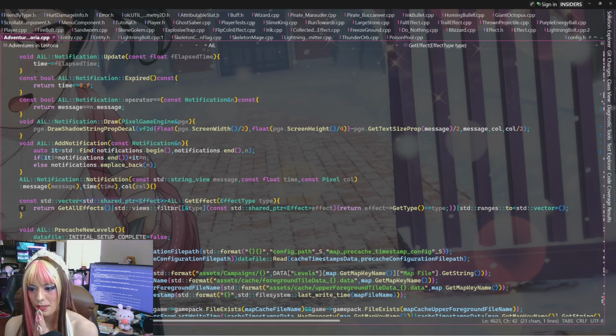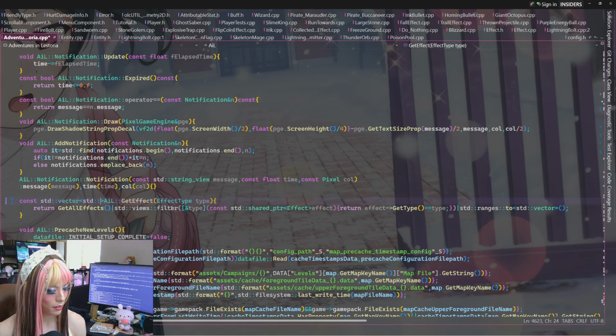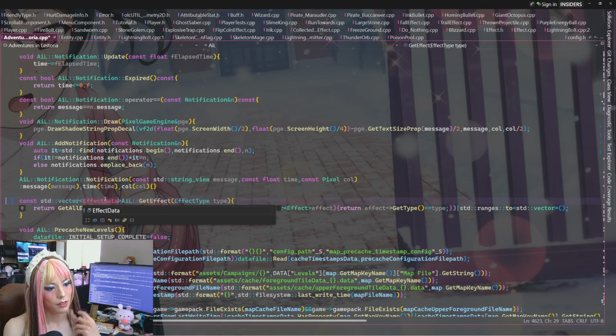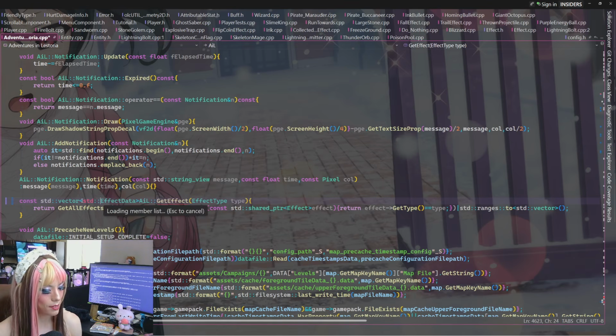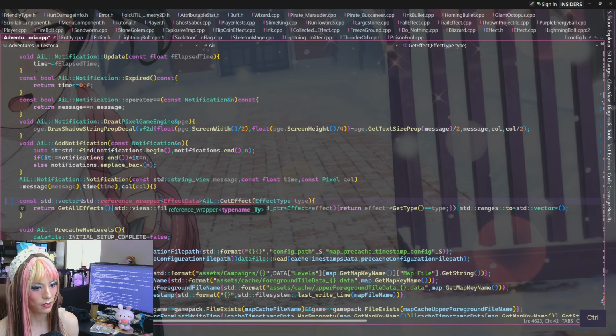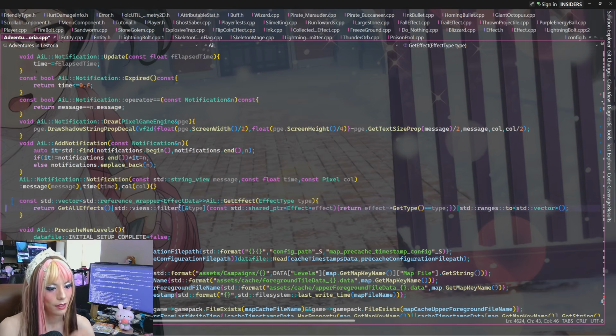How would we go about this? Let's see. We want a vector of effect data returned from this. So it's like standard... or not even standard, we'll just say effect data. Because I'm thinking, would these be reference wrappers? Yeah, they would be, because otherwise it would be copying the data itself. So let's say these are reference wrappers to effect data, because I don't want to recopy the effect, and we now know that effect data is going to have that